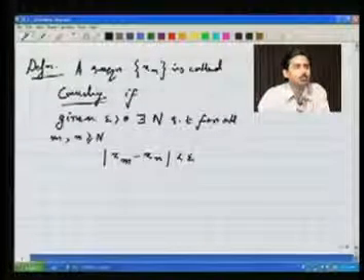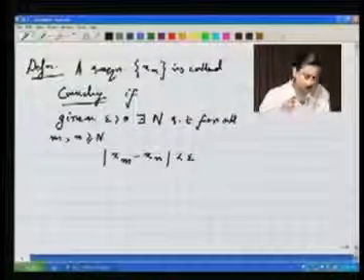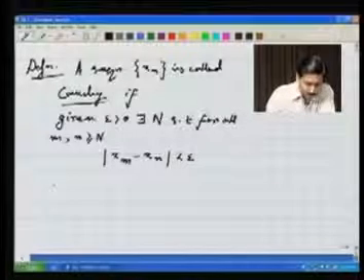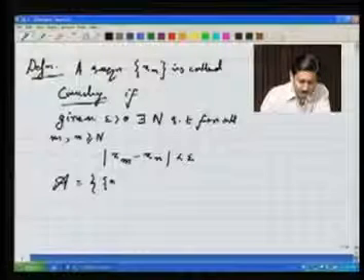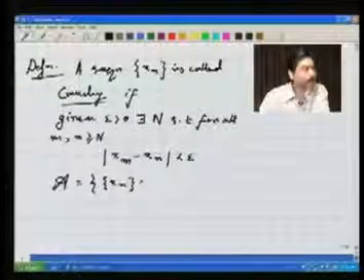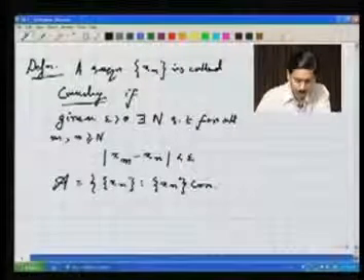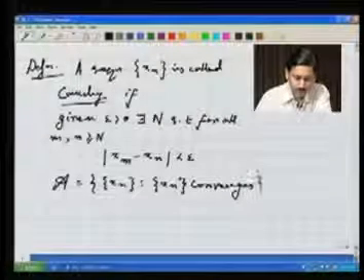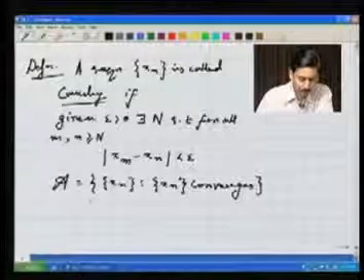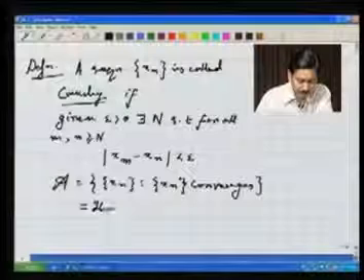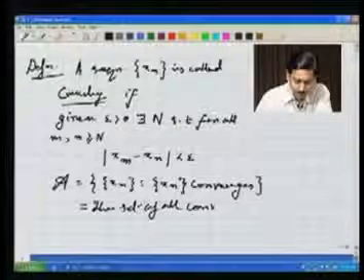Well, the first thing I would like to see is what Cauchy sequences have to do with convergent sequences. Okay, so let me start with certain notations. I define A. This is the collection of all sequences xn such that xn converges. In language, this is just the set of all convergent sequences.